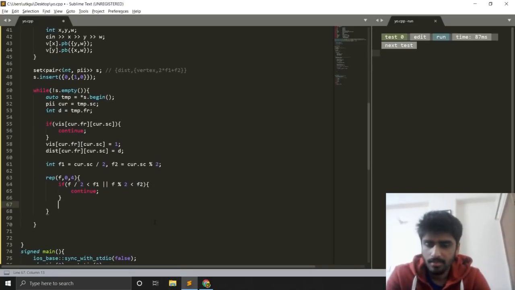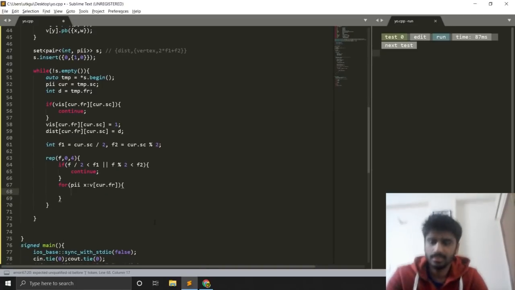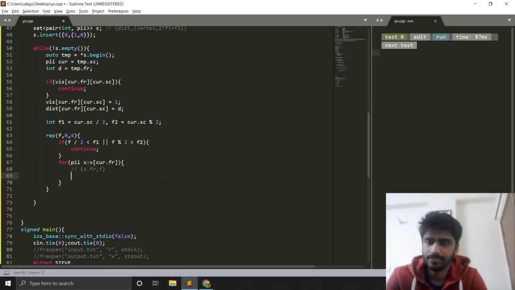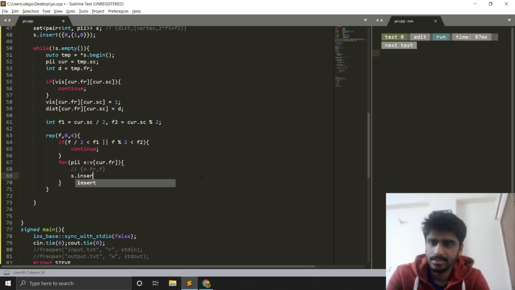So now I'm going to the state. Oh, wait a minute. Let me just traverse all the edges. PII x that is adjacent to cur.fr. Fine. So now I'll be going to x.fr, comma, the flag f. So the flag state is f. Okay, so I'm going there. Fine. So I'll just insert that into the set, right? S.insert